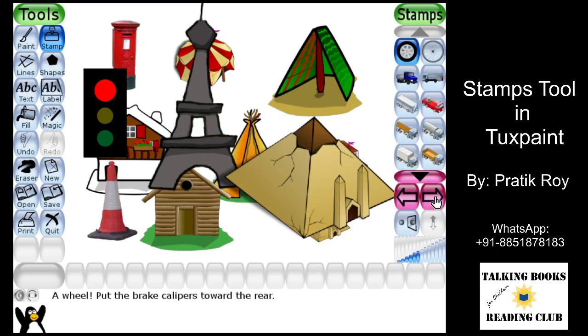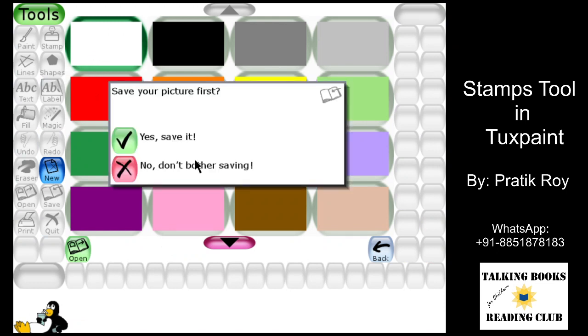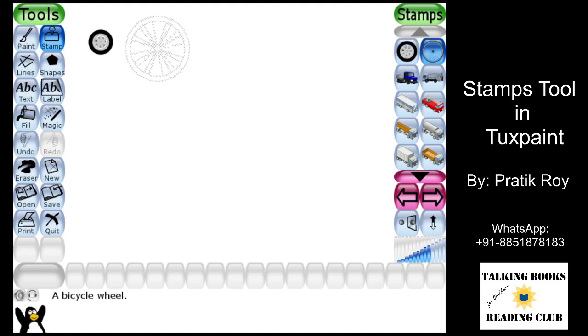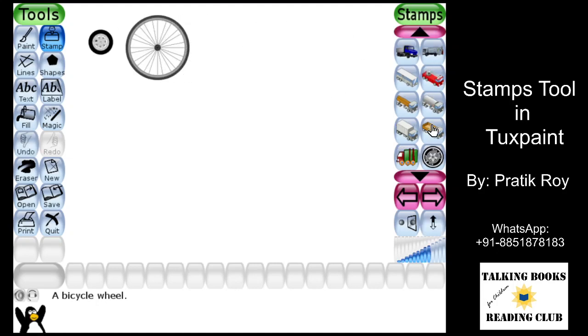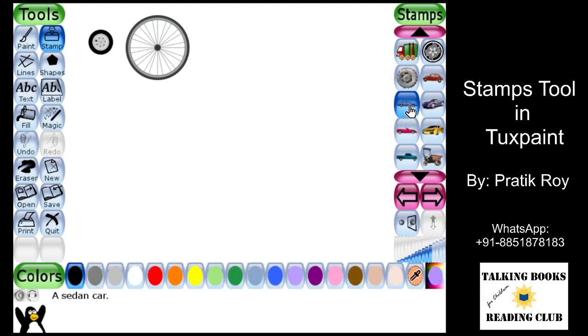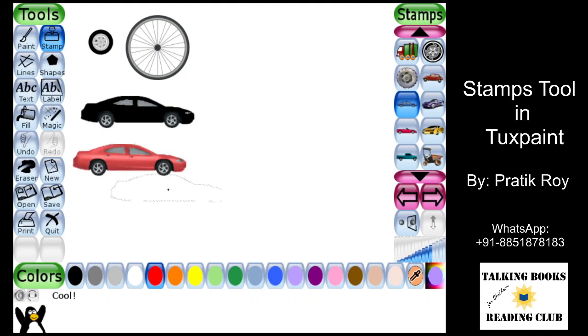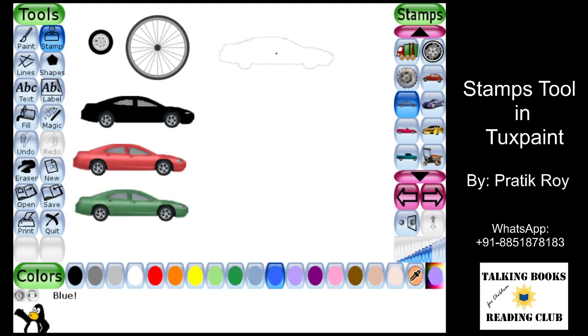Now let's look at the next category, and this is the category of transportation. I'll open a new canvas again just to demonstrate what we have here. We've got some wheels here of different sizes. Obviously, we can resize them. We've got different articles here. We've got a car. Now, the car is also something which supports multiple colors. So we'll use the black car, the red car, the green car, the blue car, right? So change as per your needs.